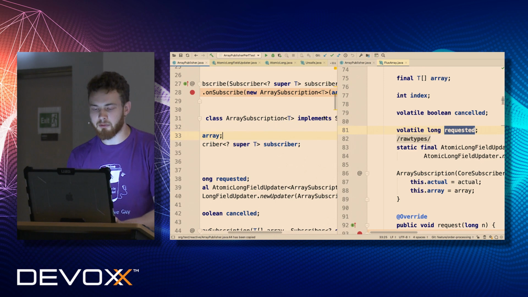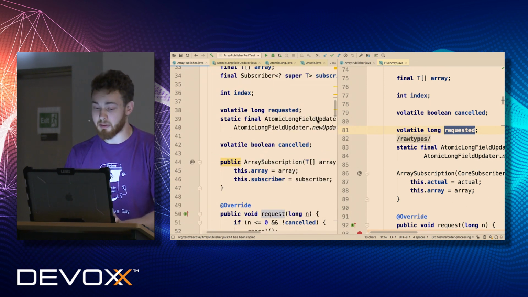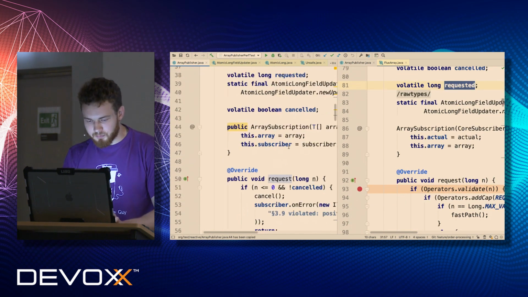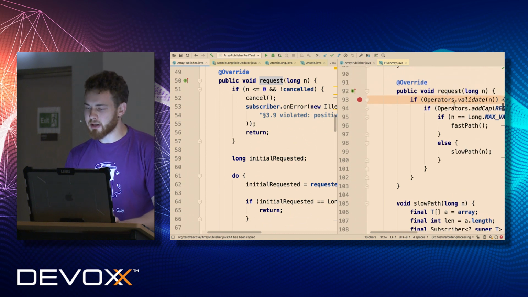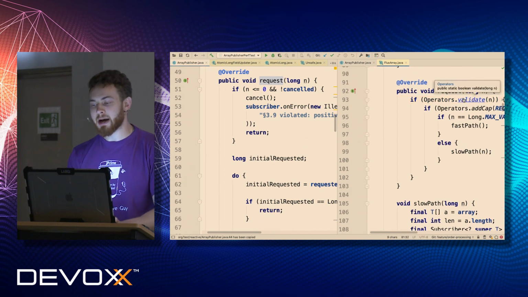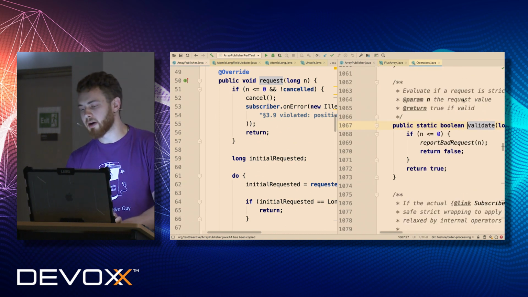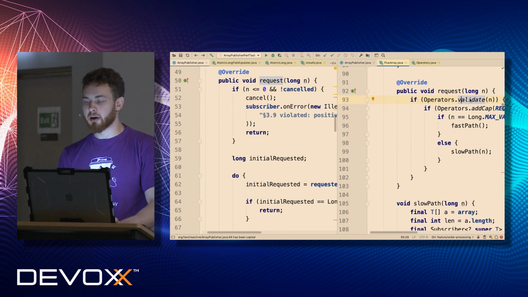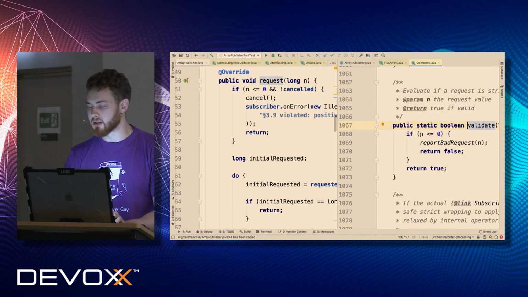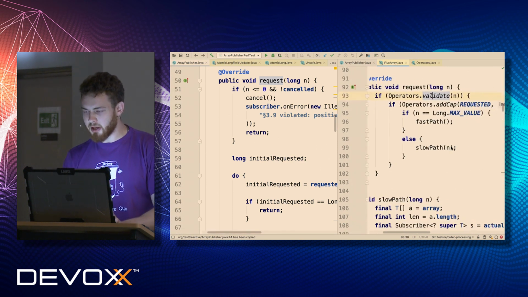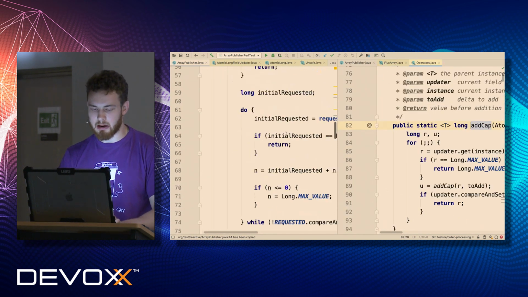So this is a better way to just extend object, and it will get the same performance effect. What next? Here is request field. Basically, request field in Project Reactor is a little bit simplified, because some verifications are hidden inside utility methods, like verification that n is less than 0. Then we have the same add and cap as ours.